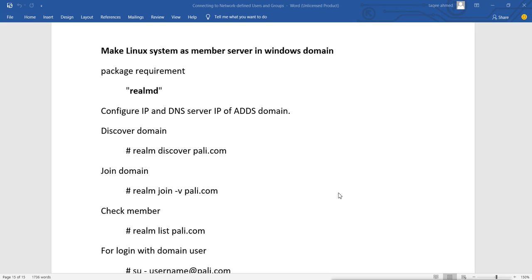We can use it without adding it into the Windows domain, but that will not be secure because it will remain outside the boundary of domain security. And then the users which we create on Windows Active Directory will not be able to log into this Linux server. So it is better to do what? Add the Linux machine into the Windows domain, so that the users which we create in Active Directory can